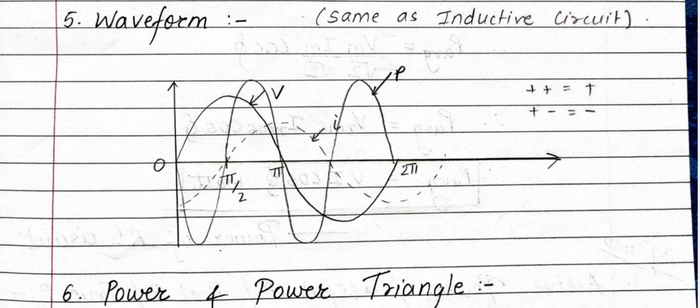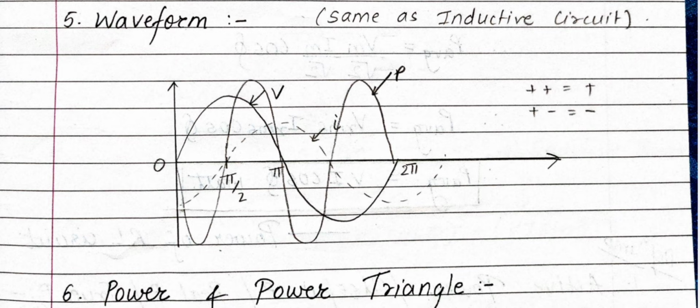If you have not seen my part 1 video, it is very essential for you to see that video and then come to this part. I will explain it again in short. First of all, you have to make the x and y axis, and then what is constant? That is voltage. So you have to make voltage as a sine wave, as I have made. And as I told you, the current wave is always smaller than the voltage wave, and as we are studying the RL circuit, L, that is inductance, is present.